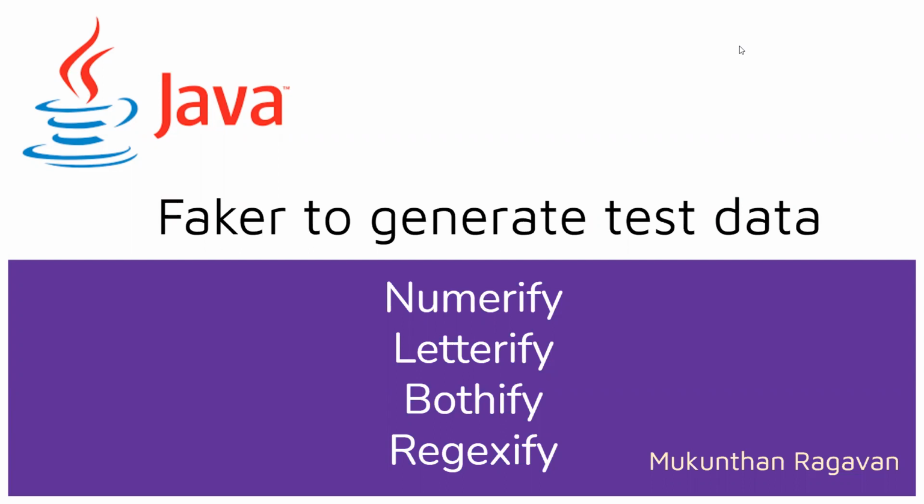But in Java Faker, we can create data that looks like real-time data. At the same time, we can utilize some of the methods from the Faker class, such as numerify, letterify, bothify, and regexify. By using these utility methods, we can create data in a certain pattern. We will understand what the Faker class looks like, what the different methods are that we have discussed now, and how to utilize them.